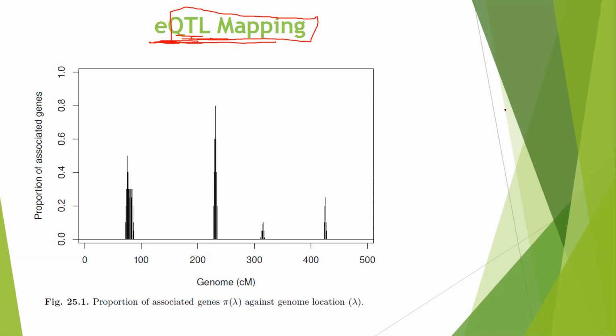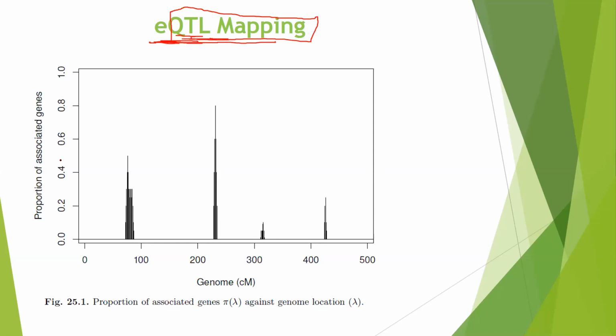And because some genes, if there's some change in one gene, this gene can affect the gene expression abundance of another gene in another location in the genome. So that's the trans mapping, and this can also give you insight into the network and biological pathways of different genes and genomic loci.